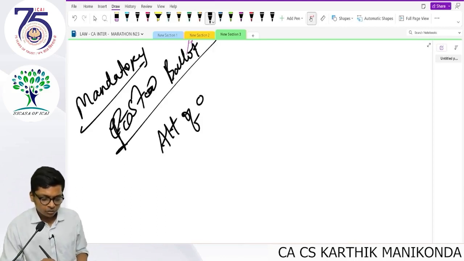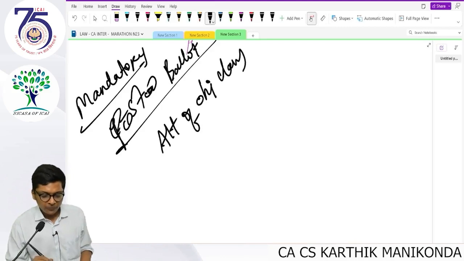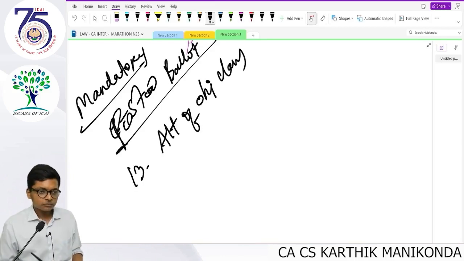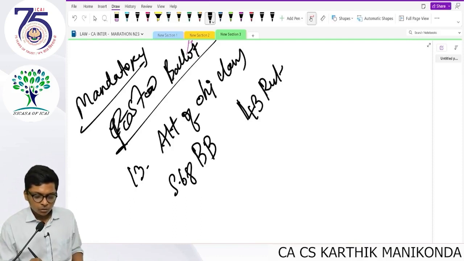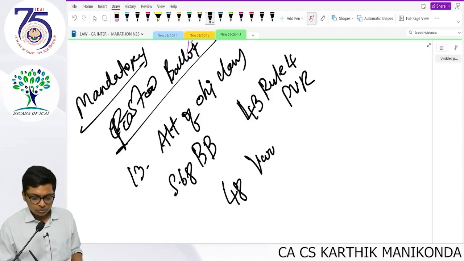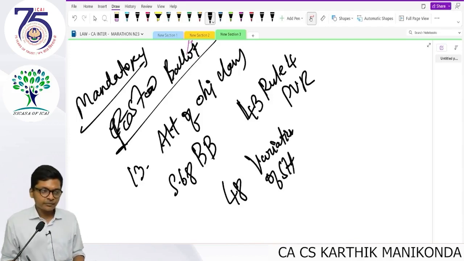Alteration of object clause, section 13, buyback, section 68, 43 rule 4 differential voting rights, 48 variation of shareholder rights, then